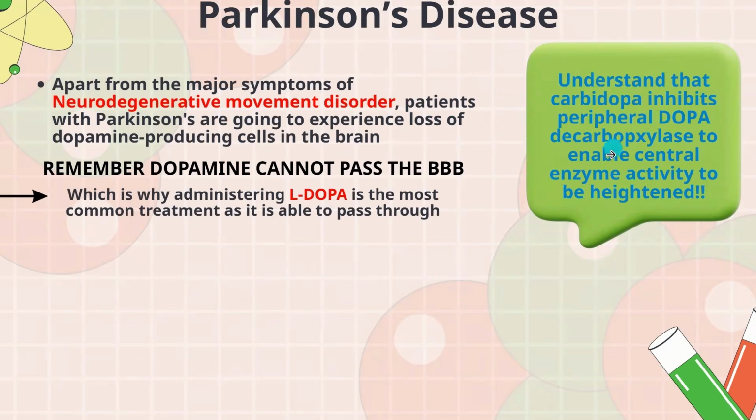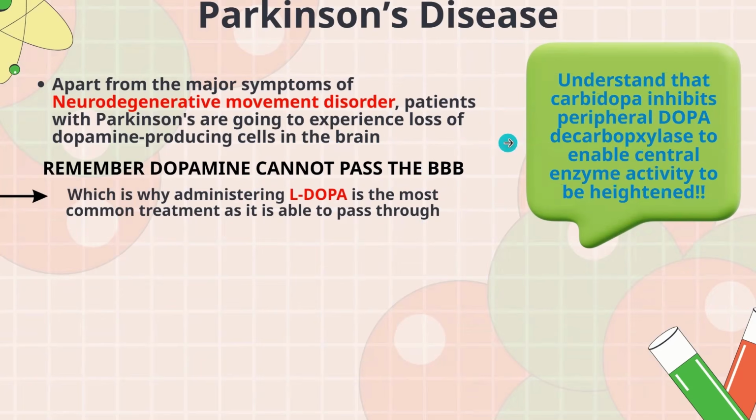And another important thing here is that we need to understand that carbidopa inhibits peripheral dopa decarboxylase to enable central to be heightened. So we have outside, not outside the brain literally, but other regions, where we have dopa decarboxylase to form eventually our dopamine, right? And there are other regions also, but mainly if we want to give carbidopa as medication, we need to understand that carbidopa will inhibit peripheral dopa decarboxylase, and the reason it does this is so it can allow for main and central activity within the brain itself to increase dopamine synthesis, because at that time we're going to have low dopamine and we need dopamine ASAP to prevent increased prolactin.